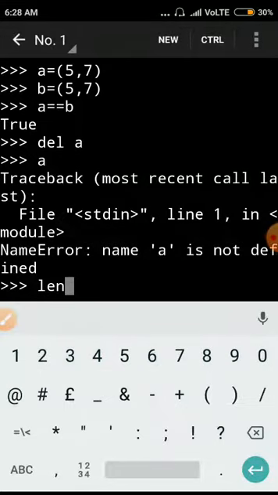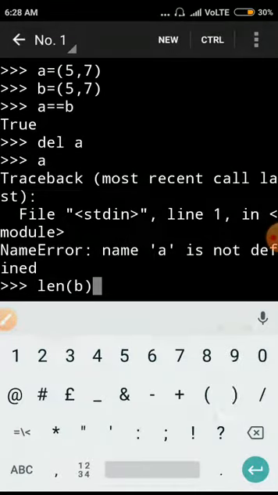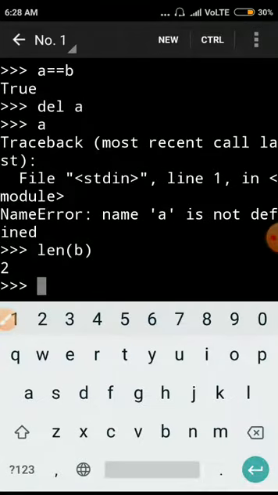So let's check len, and inside the bracket we just write the name of the tuple. So len(b) will return 2 because the tuple has only two elements. Then max and min. Another function is the max function.